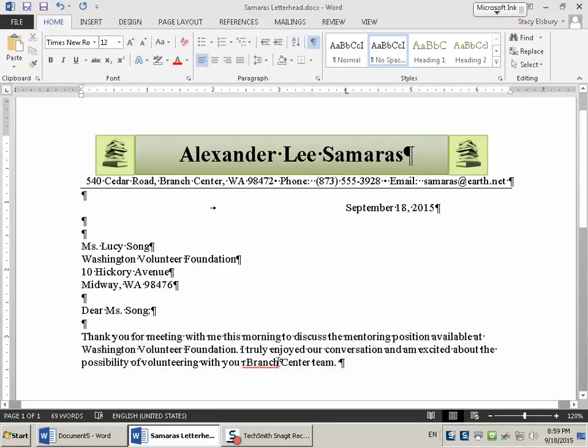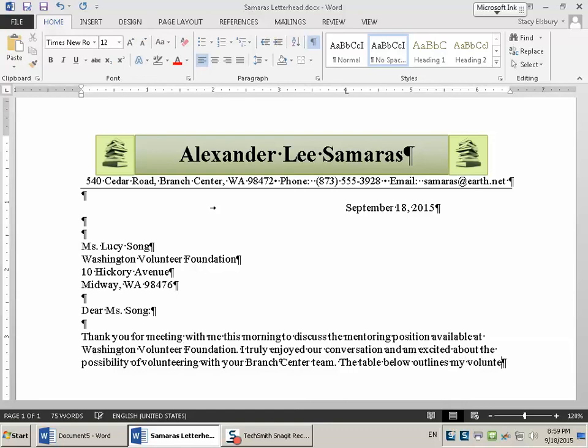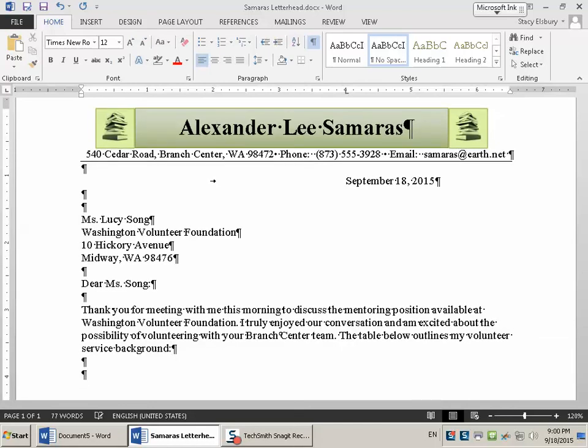And let me make my correction here. Outlines my volunteer service background. And we'll do a colon. Press the Enter key twice to place a blank line between paragraphs. At this time, go ahead and save your document, and we'll be back for